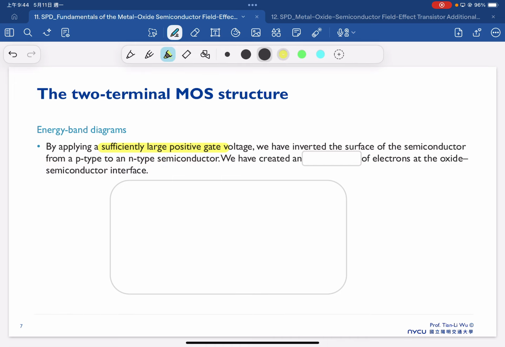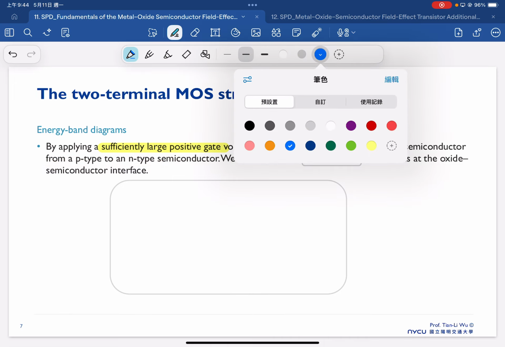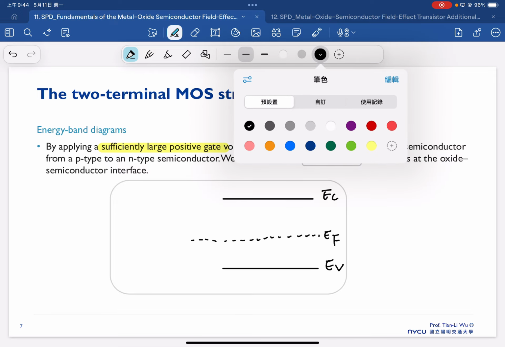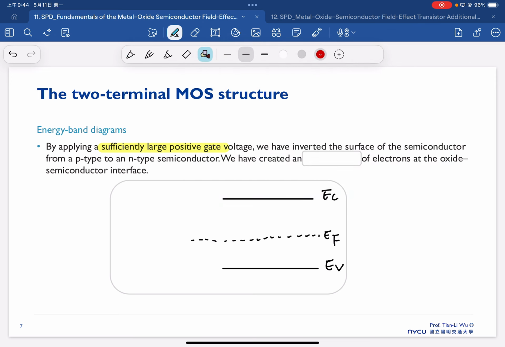This means that if we draw the band diagram again, and now we apply a sufficiently larger gate bias,